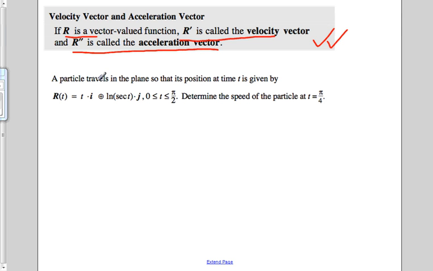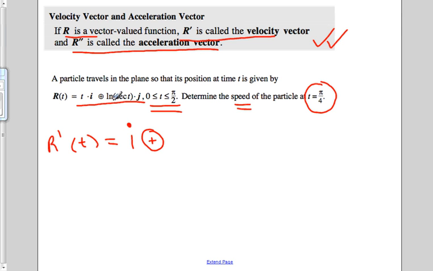So it says a particle travels in the plane so that the position, so we're given the position function right here. It's given by this function, and we're looking at this interval. So the question is, determine the speed of the particle at t equals pi over 4. So we're looking for the speed. So let's find a velocity vector. We know that r prime of t, well, let's take the respective derivatives. The derivative of t is just 1, so we have i